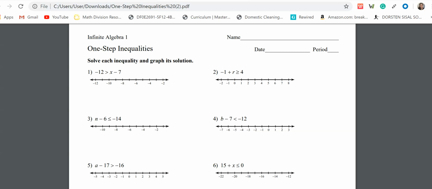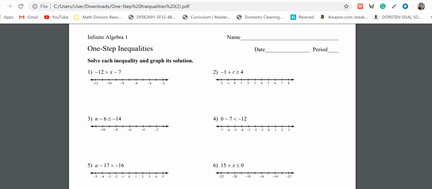We'll start with number 1. So what if I have negative 12 greater than... excuse me that I'm going to be toggling back and forth. There's also a little bit of lag in my stylus, so sometimes little lines will show up as I'm writing. Okay, so as we can see, x is already on the right hand side,